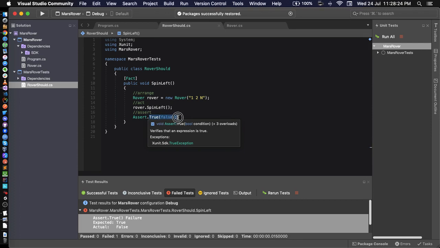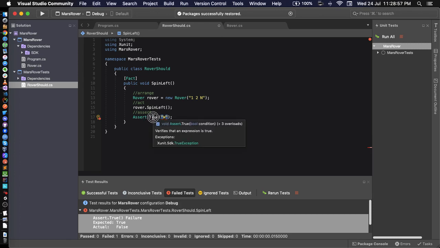Now we're not asserting true. We don't need to assert true. So we could take a variety of approaches. We could say assert that the following condition is true. And then we could say when you spin left, the literal comes first, so when you're facing north, because our parameter has 1 to n, n is north, and you spin left, you would be facing west. So if we say W,